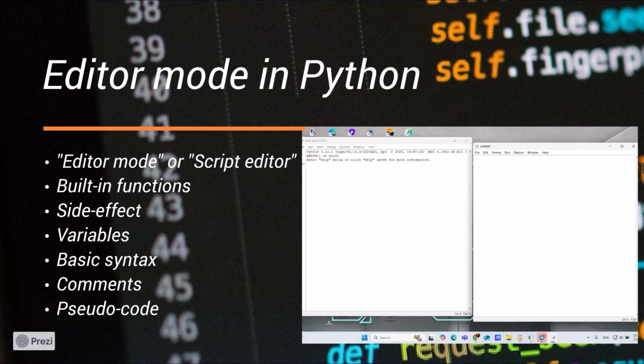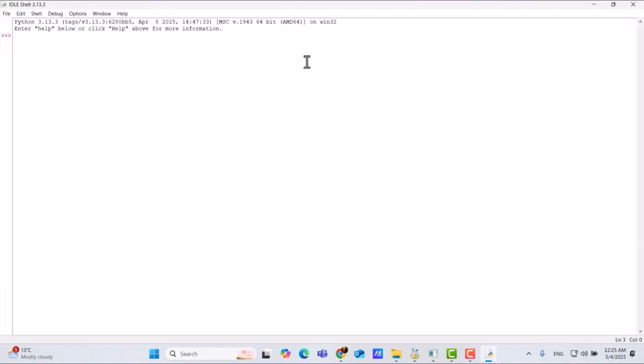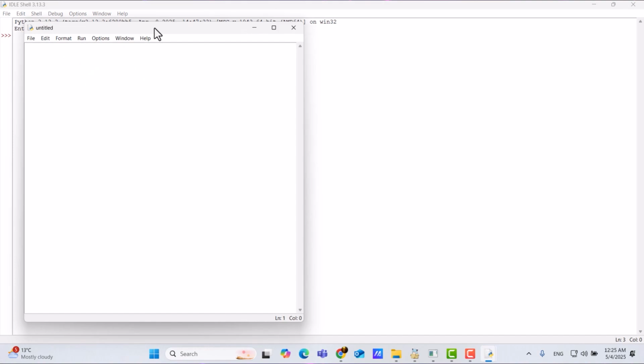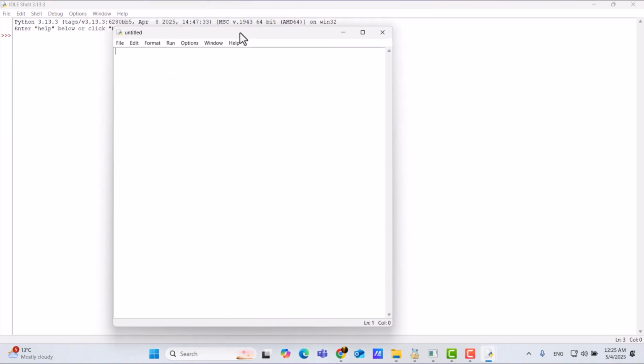Let's get started. When you click New File in IDLE, you're entering the editor mode. This opens a new window where you can write multiple lines of code and save it as a .py file.